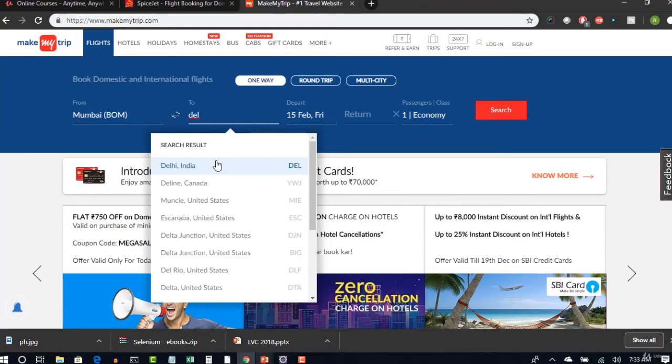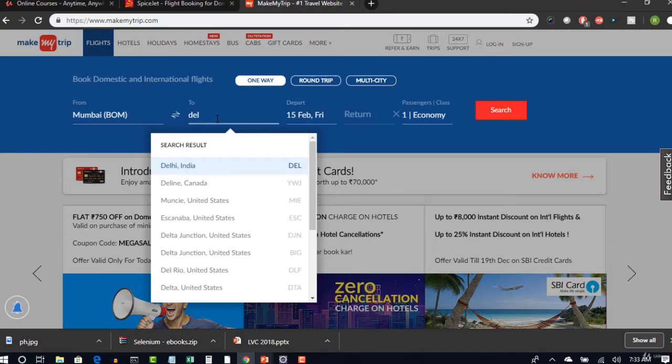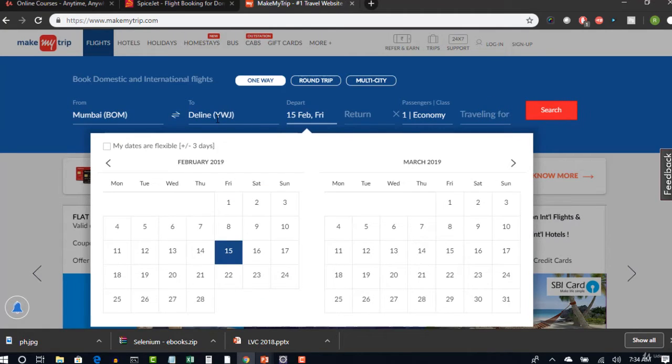So what you do, after you type the first three characters, if you hit enter, first Delhi will be selected, but you want to select Deline Canada here. For that reason, use arrow down from your keyboard. Use arrow down, and then Deline Canada will be highlighted. Once it is highlighted, hit enter and then Deline is selected.